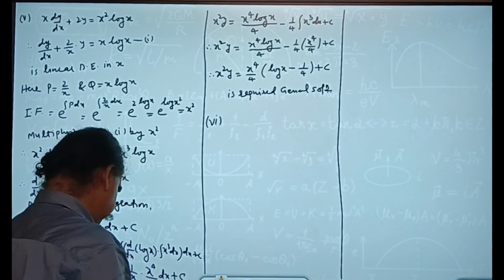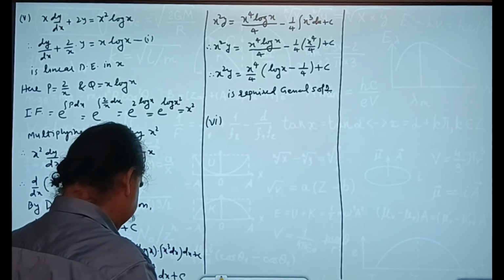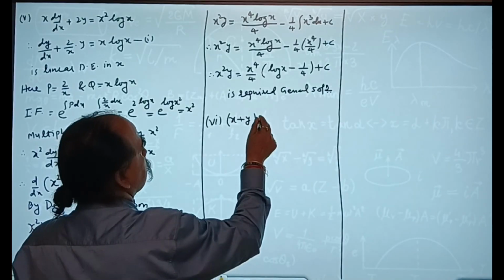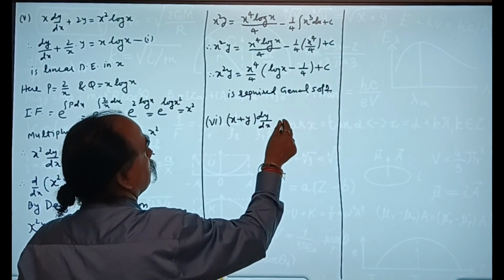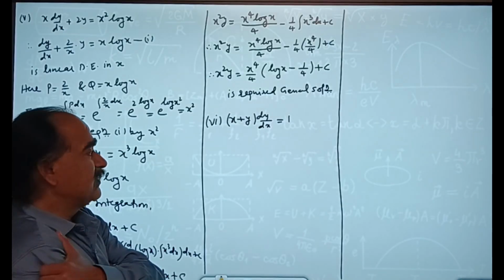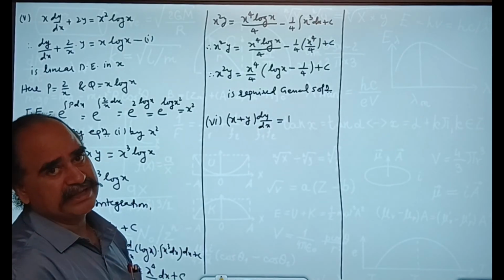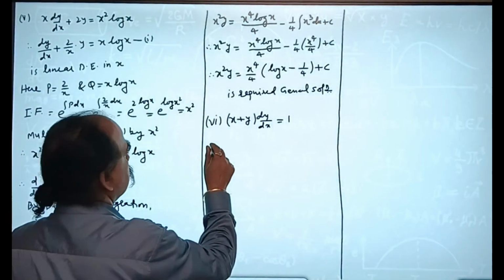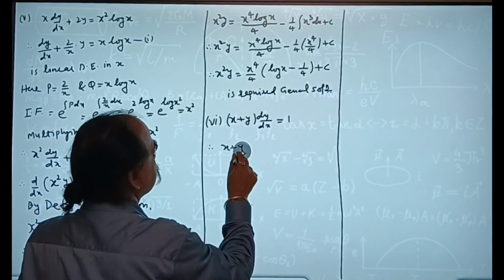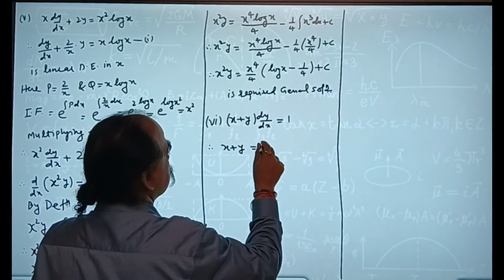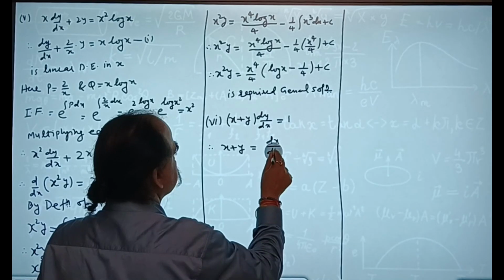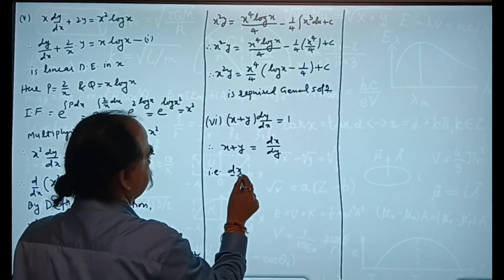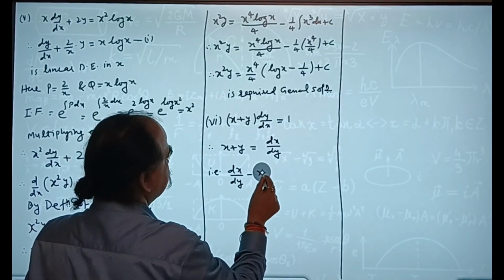So 6: (x + y) dy/dx = 1. In this case, if you transfer 1 upon x + y on that side, then we cannot convert it to a linear differential equation. So what we have to do, we'll keep x + y on this side, transfer dx/dy. That is dx/dy − x = y